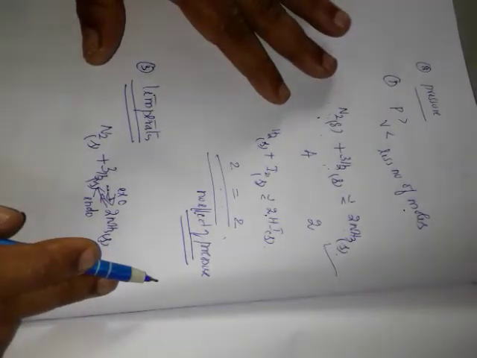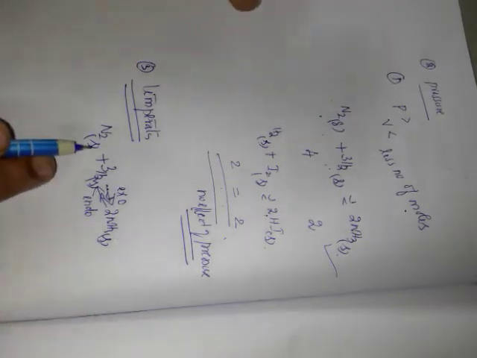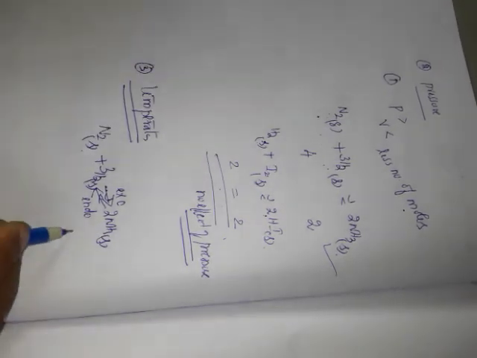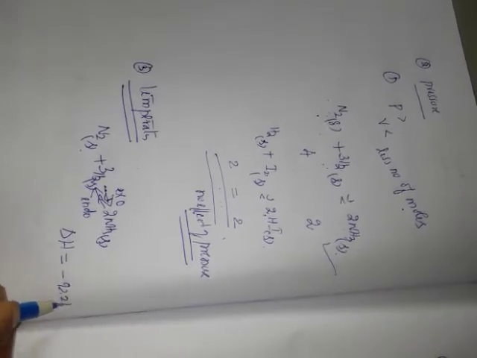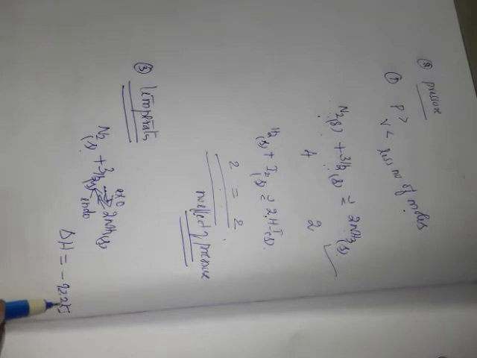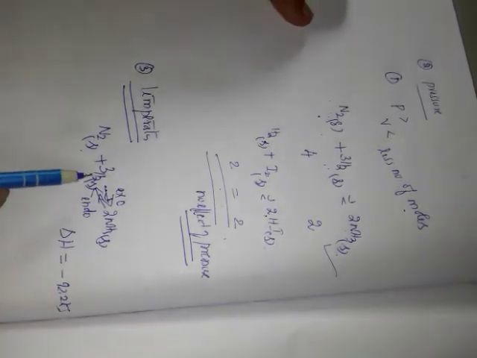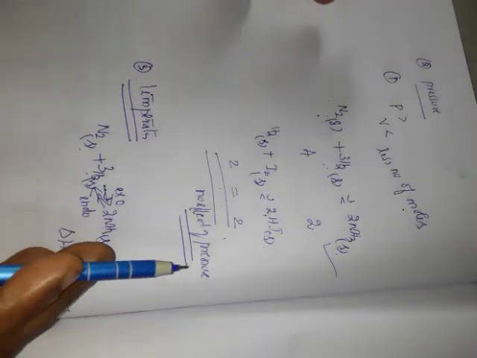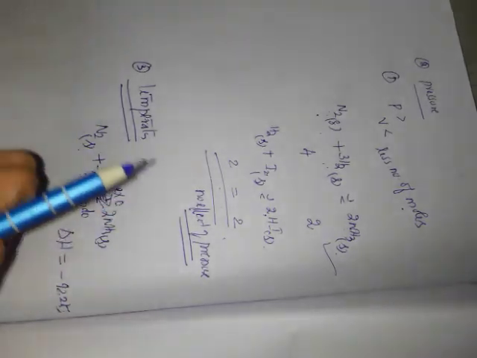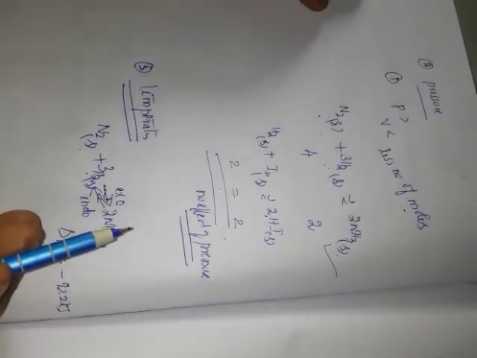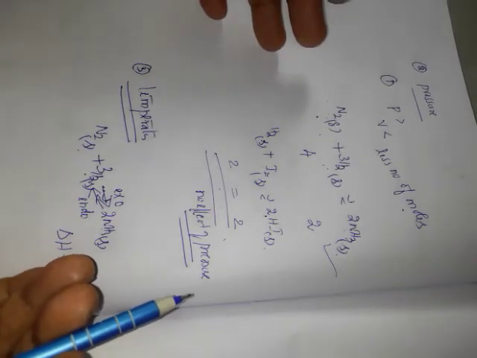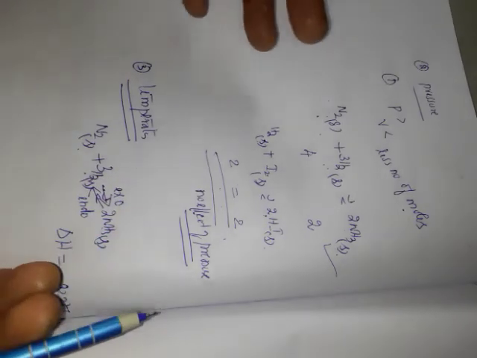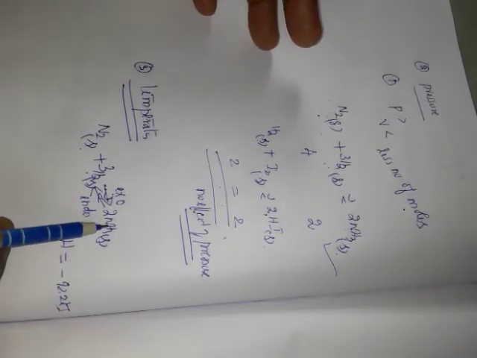The forward reaction is exothermic, heat is liberated. The backward reaction is endothermic, heat is absorbed. Delta H for this reaction is minus 92.2 kilojoule. I already told you the forward reaction is exothermic and the backward is endothermic. If the temperature of the system is increased by supplying heat energy, or if I am supplying more heat to the system, what happens?